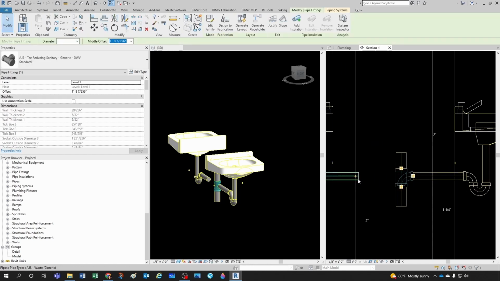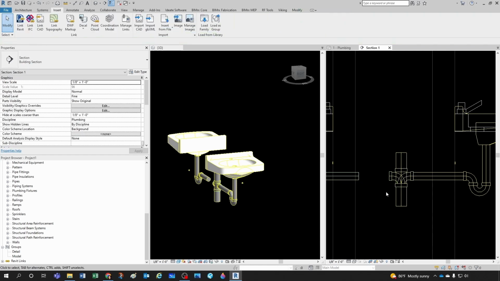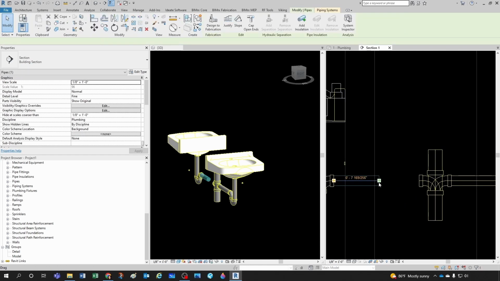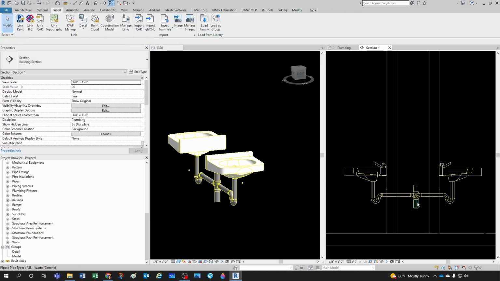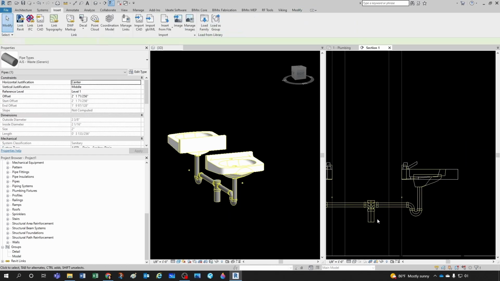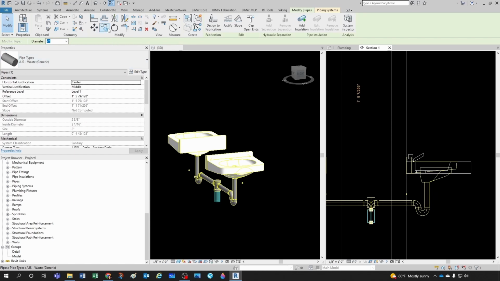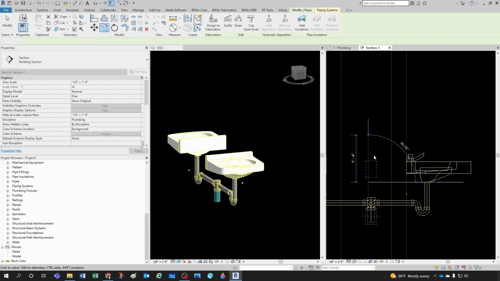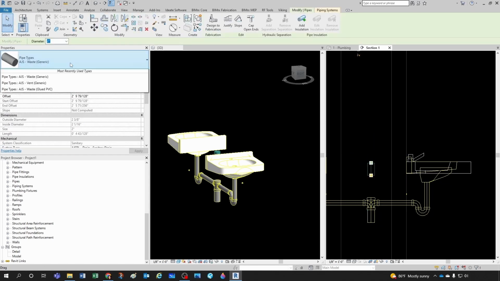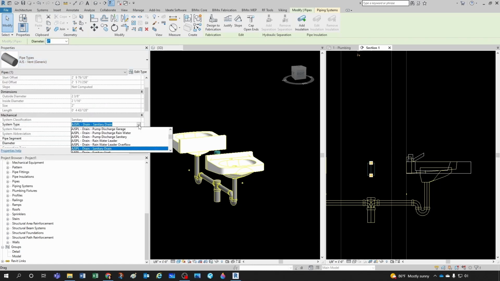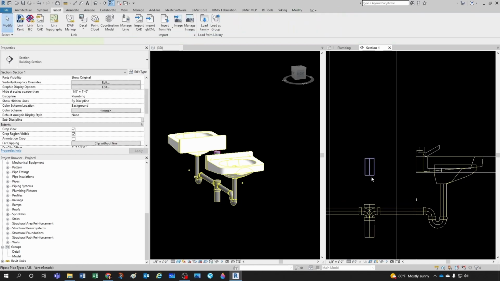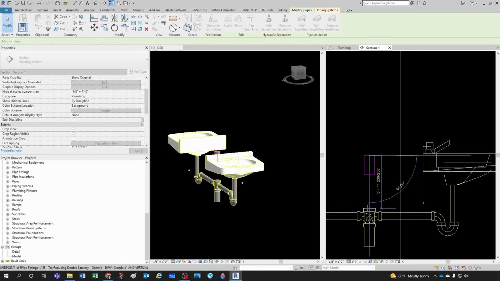I'm going to upgrade my fitting from a sanitary T to a double sanitary T, and then we can simply drag and drop. Okay, now I'm going to delete this. I'm going to copy it up like I just did, and I'm going to change this from waste to vent. I'm changing from sanitary drain to sanitary vent. Now I can attach to my stack,